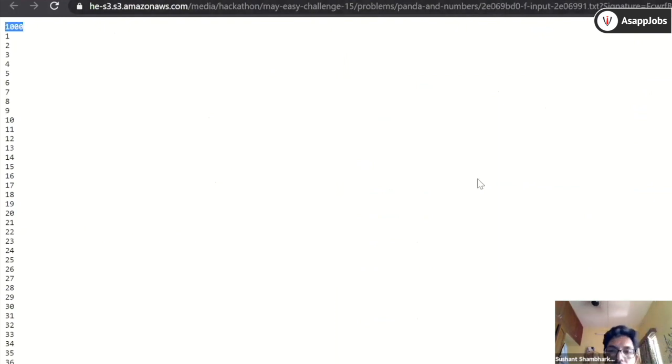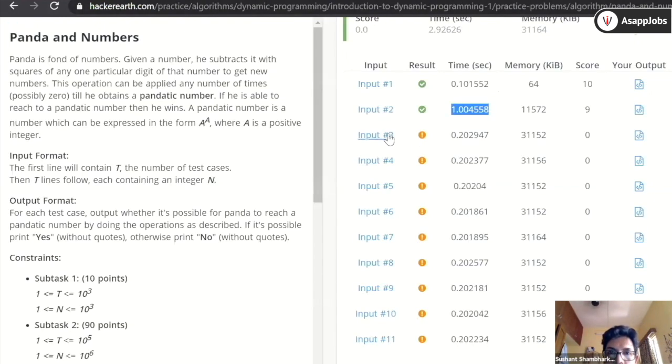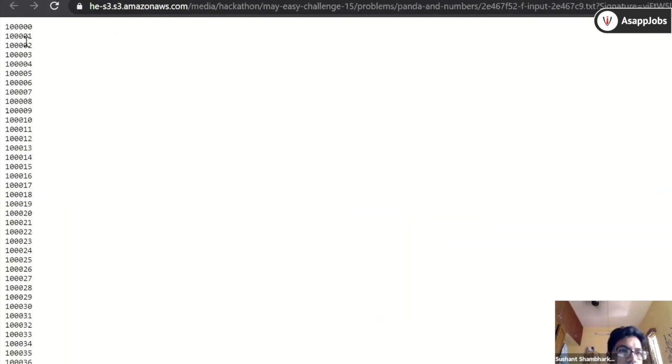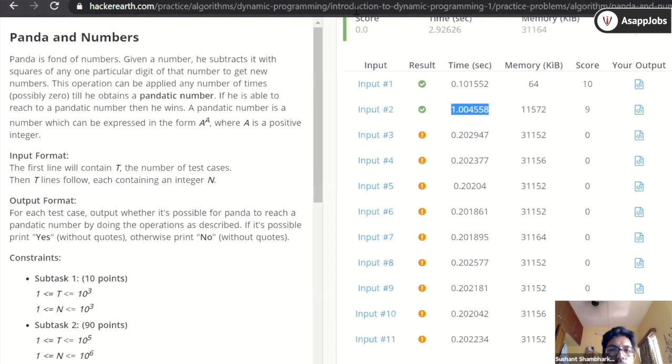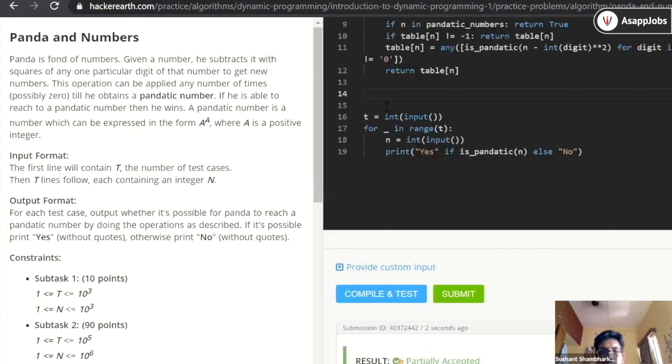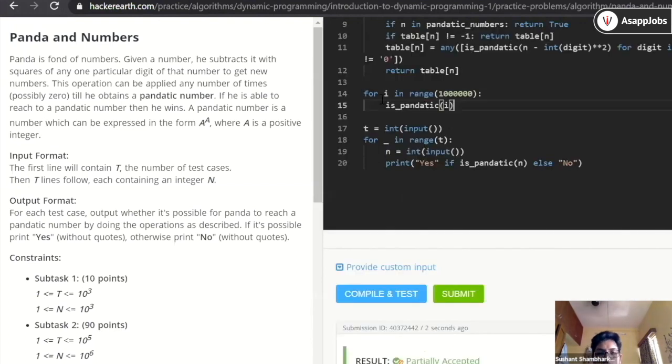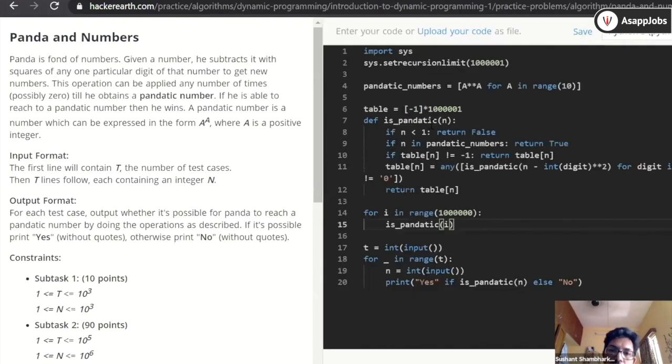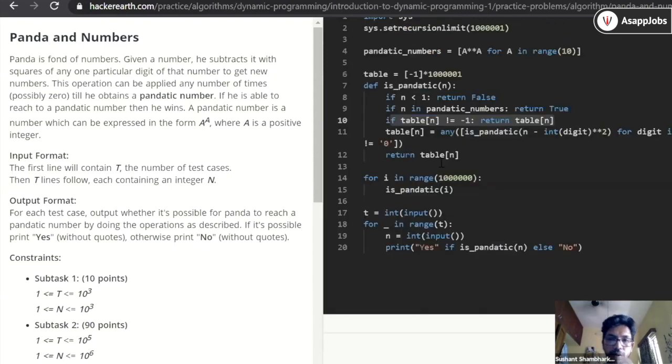But for these higher test cases, the values are higher, starting from 1,000, 10,000 and so on. So for these values, you need to calculate the previous values before, and the recursion depth can go very deep. So if you want to convert a memoization into tabulation easily, you can just add a for loop calling that recursive method. So yeah, I'm done with the two problems.